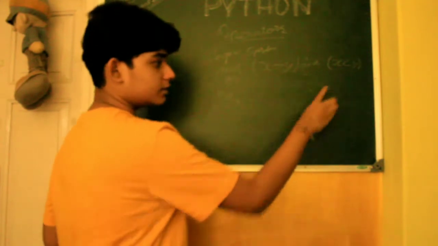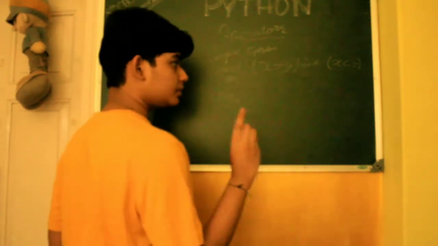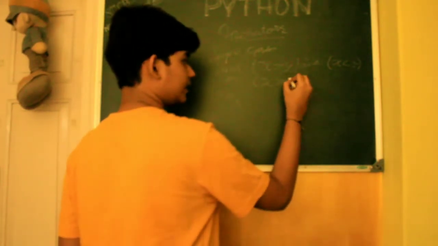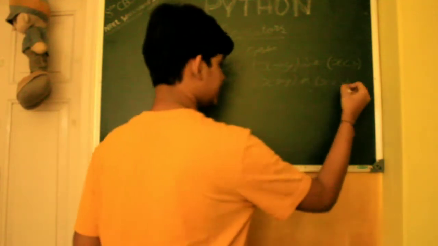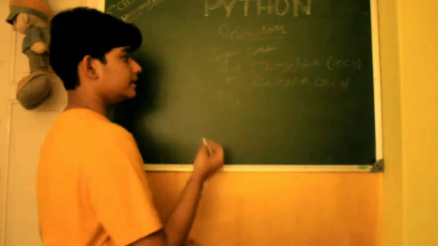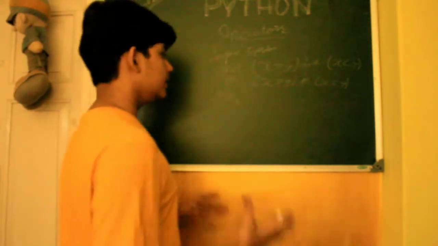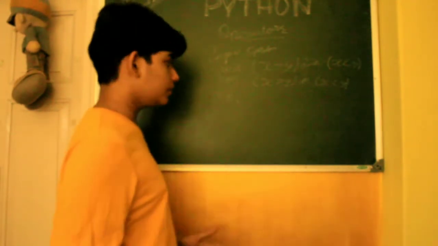You can use OR to specify either one of them, which you don't know which one, but one of them is true or false. So you can write something like x is greater than y, or x is lesser than y, is either true or false. So you can write AND to specify that both of them are true or false. You can use OR to say that one of them is true or false, which you don't know, and NOT